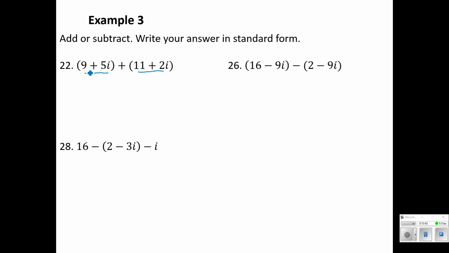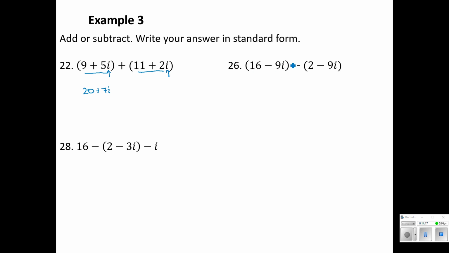Well, all we do is combine like terms. We can treat i like a variable here, even though it represents square root of negative 1. That property holds, so we can treat it as a variable throughout the whole process. So if we are just adding or subtracting, it's a matter of combining like terms. So I've got a real part of 9 plus another real part of 11. That's a real part of 20. I've got positive 5i for my first imaginary part, positive 2i for the second imaginary part. If I combine those together, I get 7i.